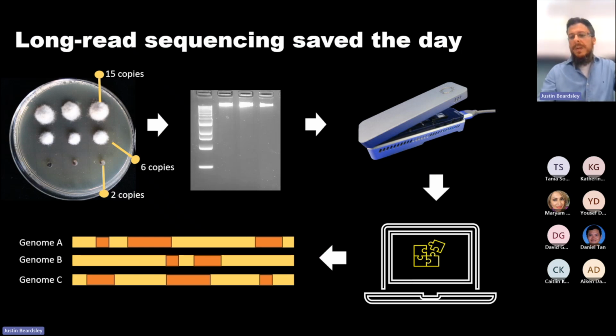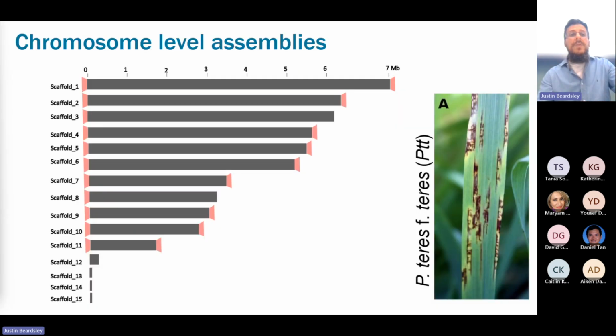And nanopore is something that many of us use these days, and it's becoming more and more popular. So in this slide, I've got a plate with 3 different isolates, one carrying 15 copies of the CYP51, very resistant, another one carrying 6 copies, and a sensitive one carrying 2 copies, because this organism has 2 copies of the CYP51. When we conducted this analysis, we managed to resolve this genome. It was really good because we could produce a genome with very few scaffolds. It was actually the best at the time.